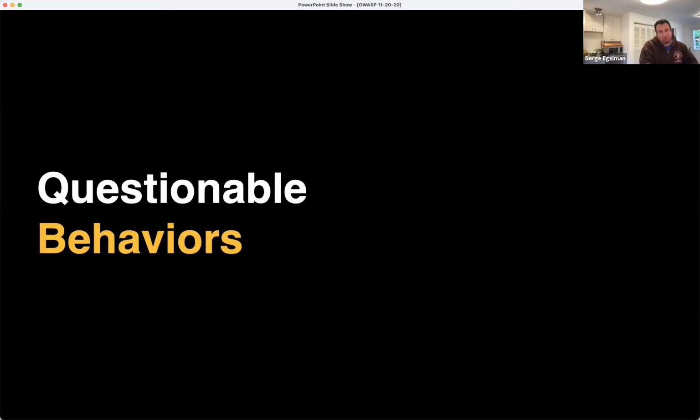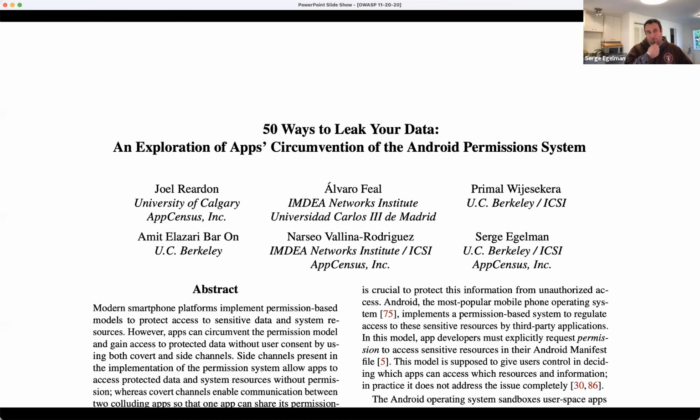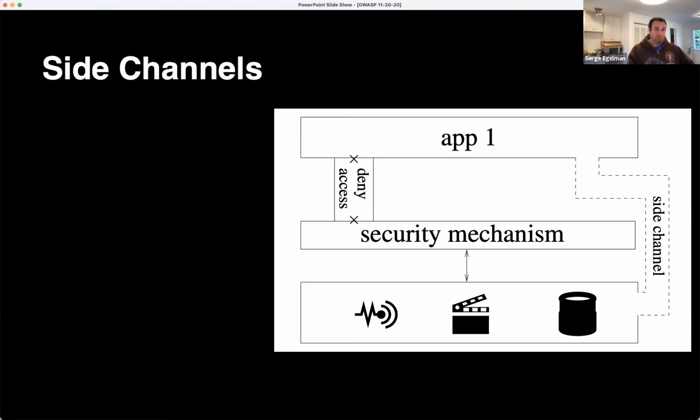And so other things that we've seen are outright questionable behaviors, in addition to just misconfigurations. I talked about this almost a year ago at an OWASP event, in the before times. We had just published a paper where we used our instrumentation to uncover side channels that were being exploited. Because the side channels were being exploited in SDK code, it's likely the app developer probably had no idea that certain types of data were being collected.